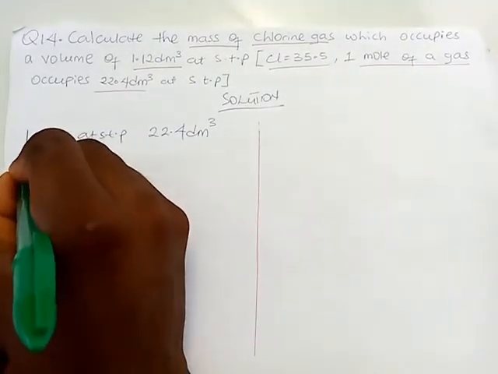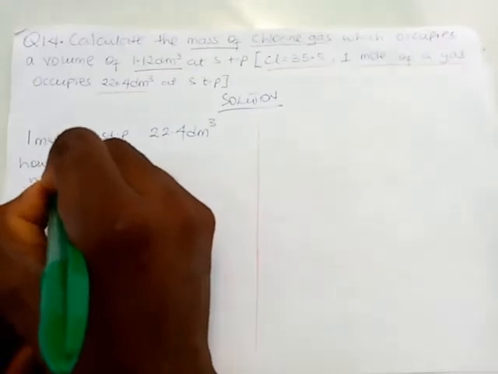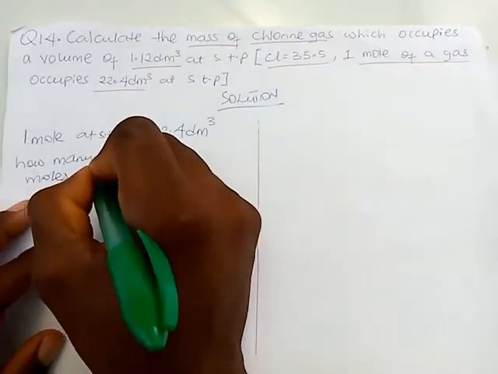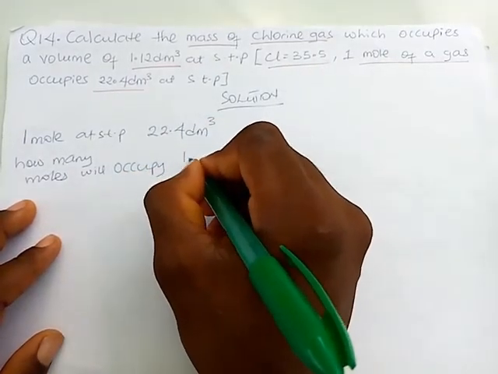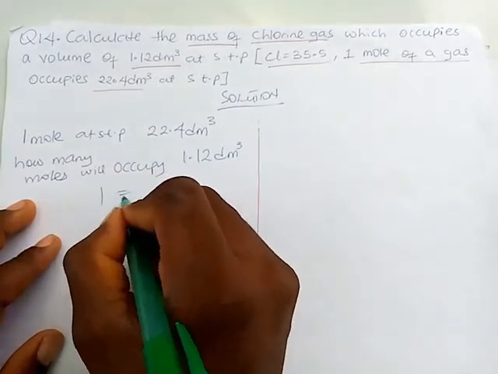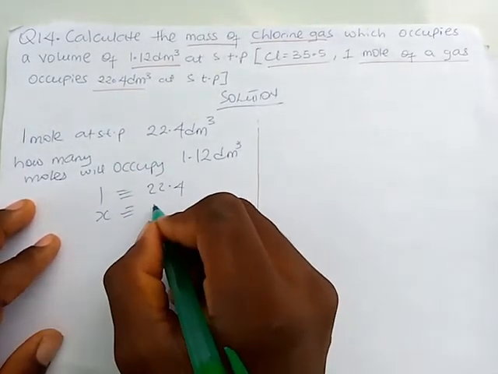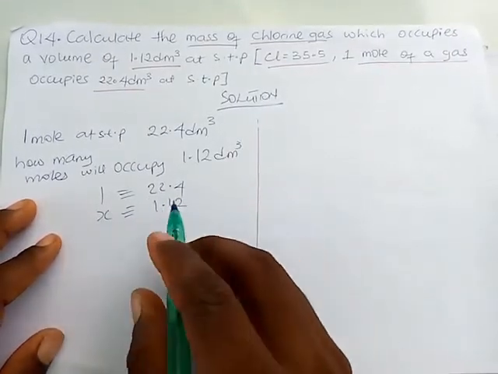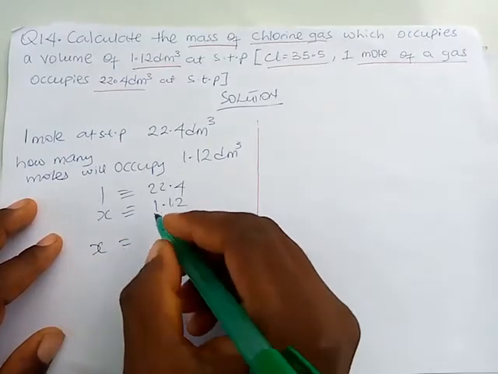So how many moles will occupy 1.12 dm cube? That will have that 1 flowing to 22.4, x, which is the unknown, flowing to 1.12. So when we want to obtain the x, we'll have that x is equal to